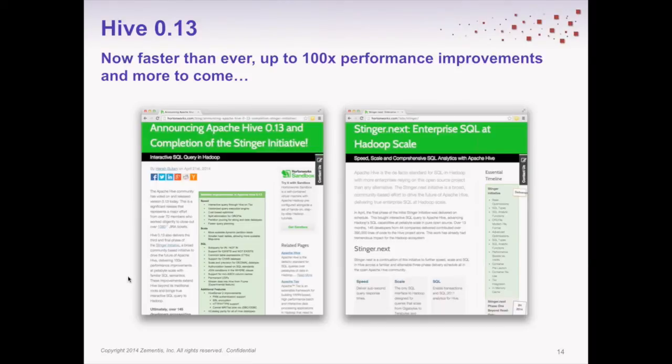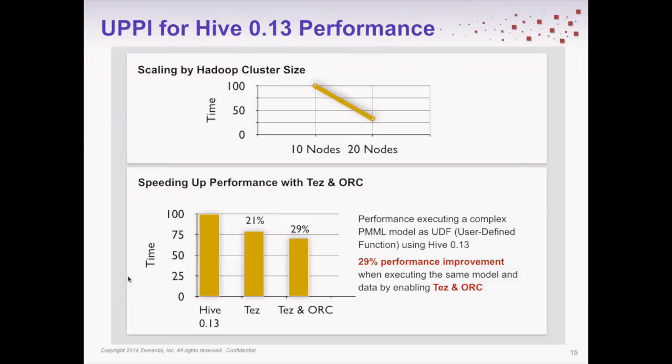So if I take that, just contrasting UPPI running on Hive versus running it on an older version of Hive, it really gives you performance improvement for free. You can scale simply by using a larger cluster. Of course, we all would expect that, but this is the slide, by the way, that just isolates performance improvement based on the UDF, so based on the pure scoring performance of your models. It doesn't take into account any of the other benefits that you get by faster Hive 13 performance. So simply scaling from 10 to 20 nodes cuts the time to less than half.